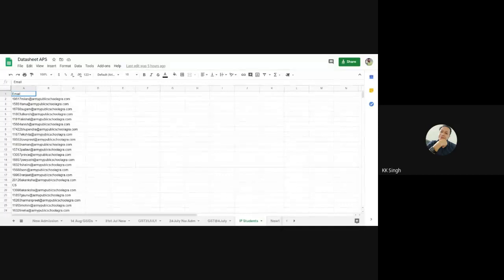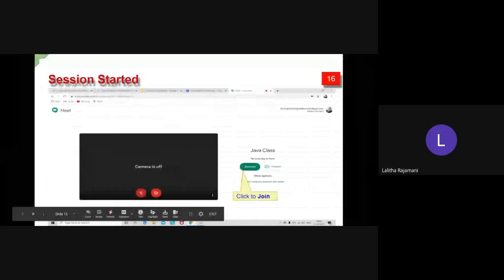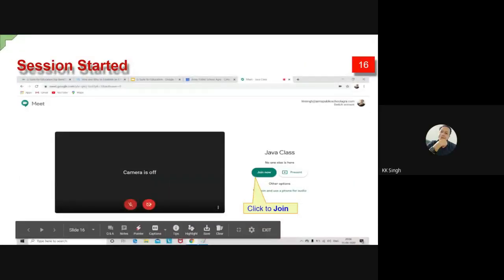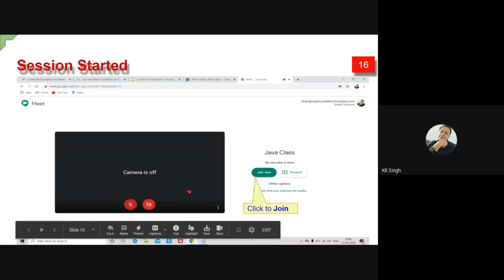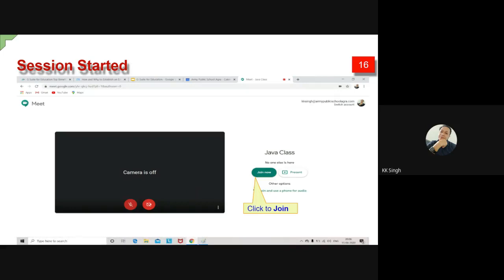Here you'll see the interface like this. Initially, your data sheet is only visible. Over here, we'll see your camera off and your mic muted. When you join the class, maybe your camera is on and mic is unmuted. It depends on the teacher whether he or she wants to keep the mic in mute position or the camera in off position.